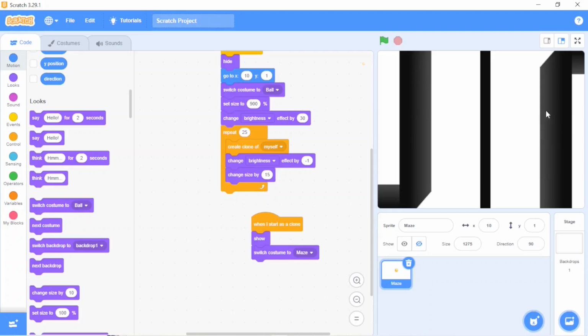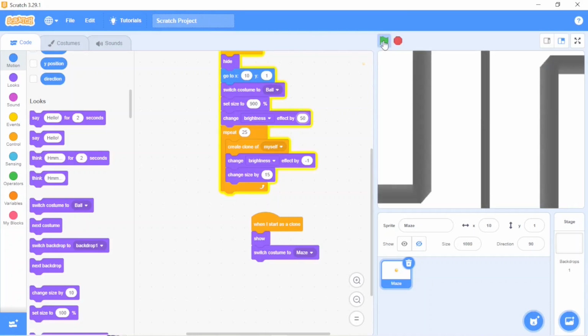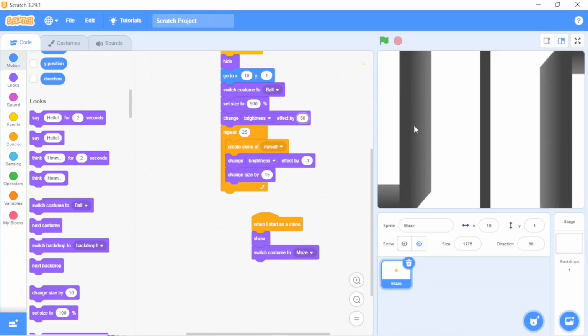You can see now the walls of the maze. Before that, it looked like only a simple maze, and now you can see at the back side it makes a layer of the same maze, which makes the 3D walls. If you want to increase the brightness effect in that, you can do it, like instead of 30 I will make it 50, and now you will see the effect. It makes it a little lighter. You can see from the front to the back side, so it will show some graphical effect.